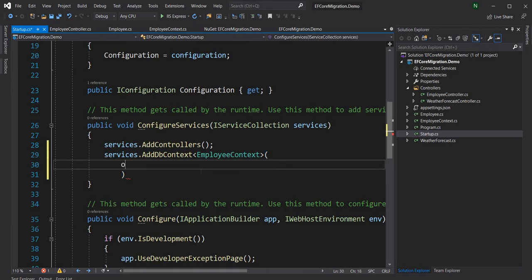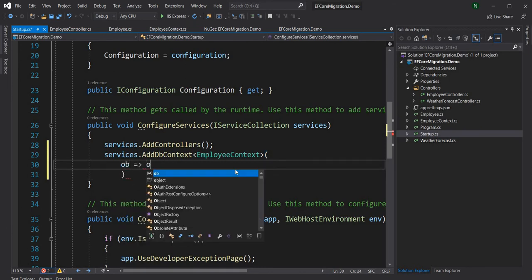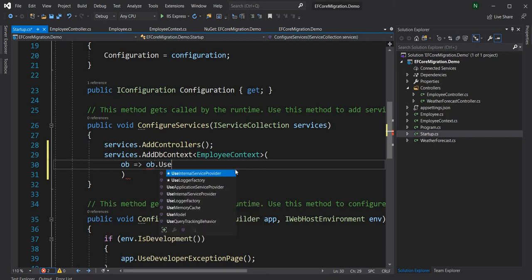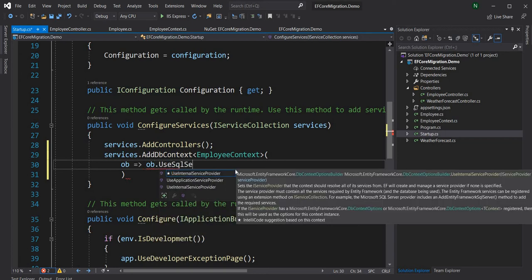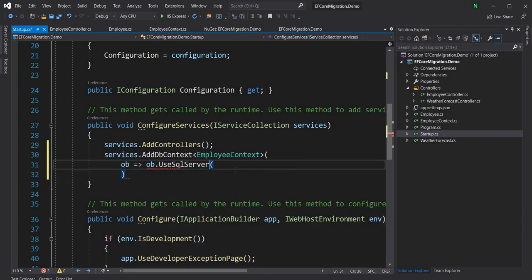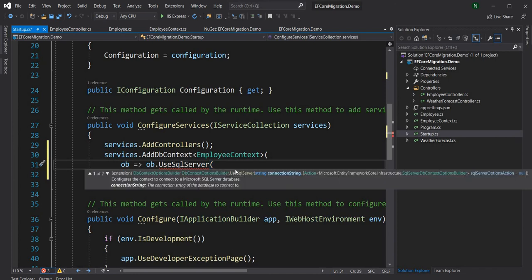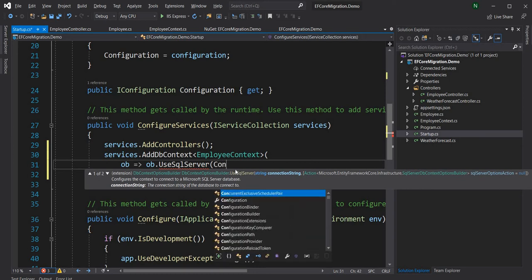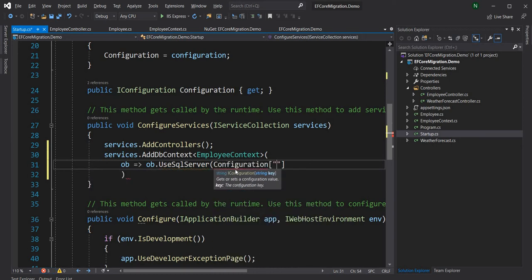So we can say optionsBuilder, and here going to say optionsBuilder.UseSqlServer, and let's just add the namespace Microsoft.EntityFrameworkCore. And as you can see, this one takes a mandatory parameter of connection string and an optional parameter of another action which gives a handle to a SqlServerDbContextOptionsBuilder object. So we'll come to that later. First, let's provide the connection string, and for the connection string we're just going to pick it up from configuration, and we can say it's